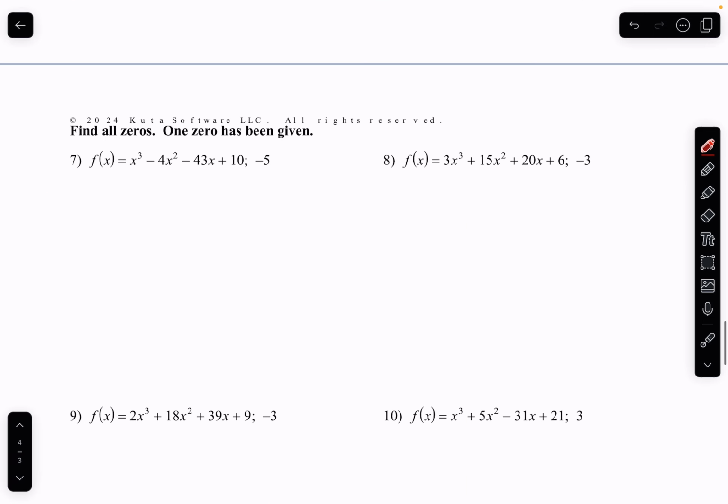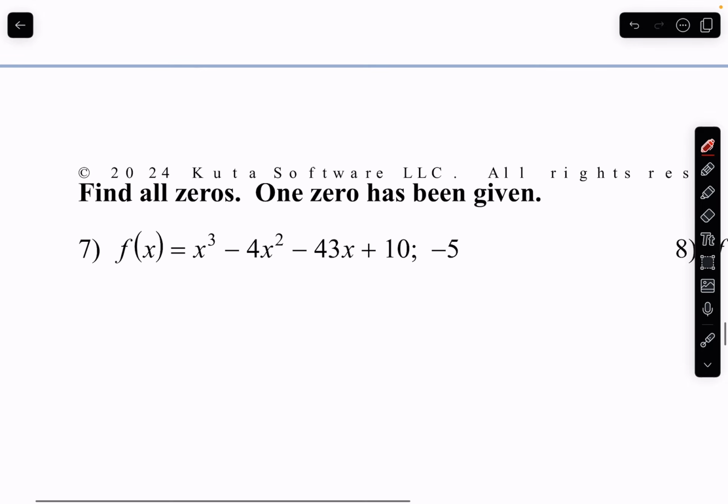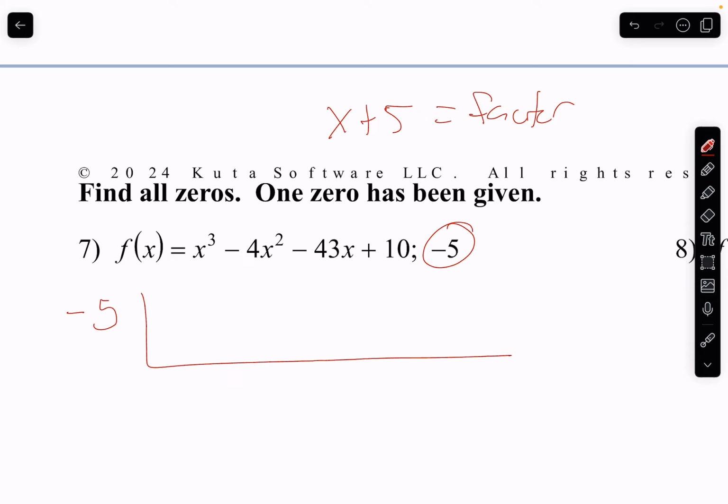All right, so here, instead of giving us a graph, they just straight up gave us a 0. So if -5 is a 0, that means that x plus 5 is a factor. So we should be able to nicely divide that into this polynomial, okay? So we get a -5, we get 1, -4, -43, and 10. All right, so we go ahead, do our synthetic. 1, -5, -9,